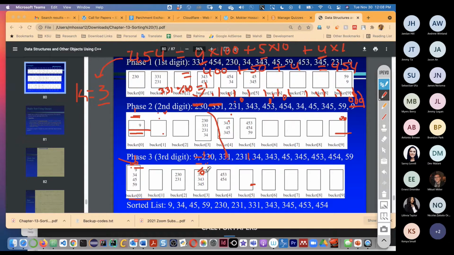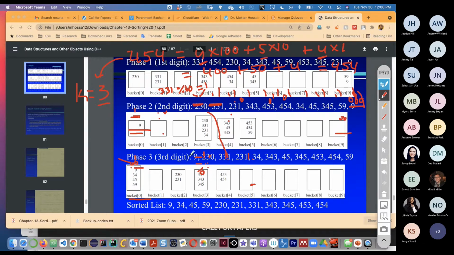Okay. Now in the third digit, for instance, from here, they put 9 over here. So third digit from 9 is 0. So 9 is coming first, and then 230. Third digit is 2 over here, right? So then 2 is coming over here in the second bucket, and then